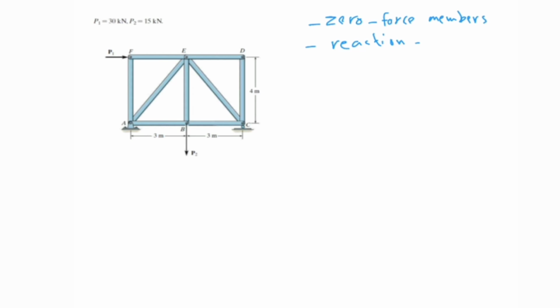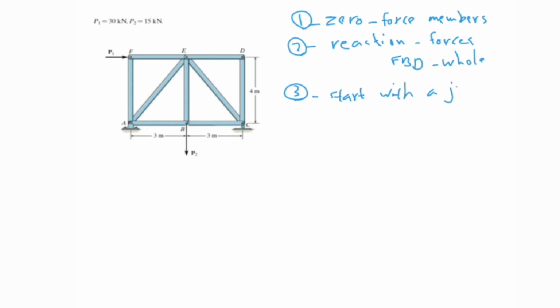I will show in some examples how to do those things, but let's assume that we find the reaction forces by doing a free body diagram of the whole system. This is step 1. Step 2, step 3, start with the joint,